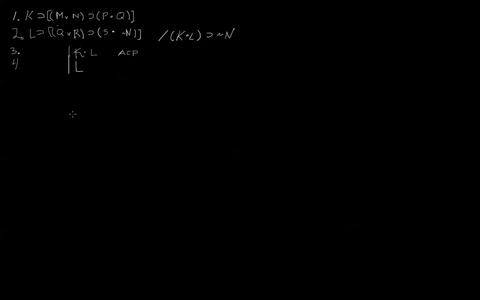If I end with the not N somewhere down this line, then I've proven that if K is true and L is true, then not N is true, and I may not have to touch premise 1 at all. Maybe, if I'm lucky. So we're going to go on. I'm thinking I'm seeing right now that we will have to use premise 1, but maybe we won't. We'll see. So we got L from 3 simplification,